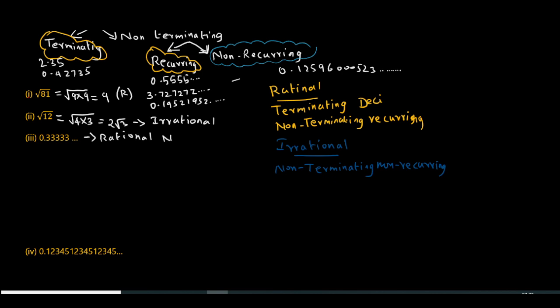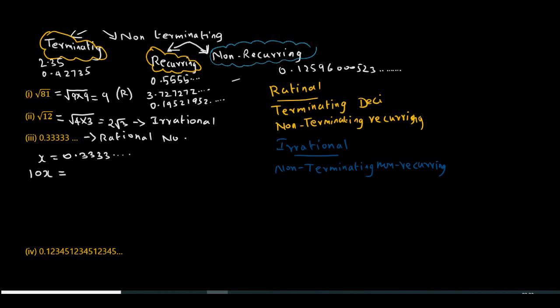Rational number: how to check whether a number has p by q form? We can check. Take x equal to the given number, 0.33333... Now only one digit is repeated over here, so multiply both the sides with 10. You will be getting 10x equal to